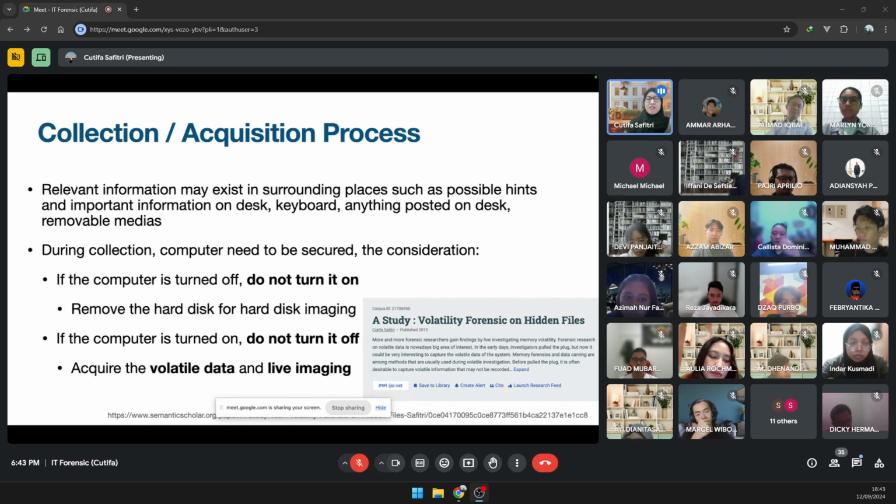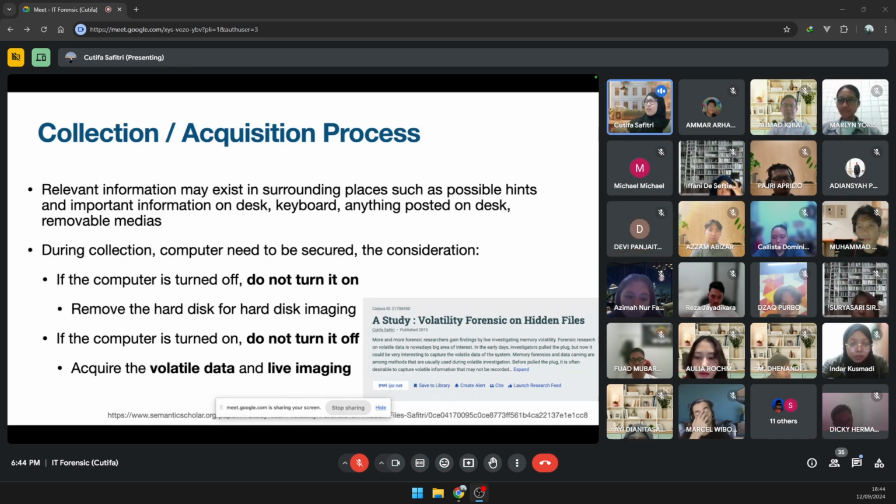I think we have watched enough Mission Impossible and James Bond movies. For example, there is a laptop that is password protected, there is a statue of Medusa, and then oh, the password is Medusa.